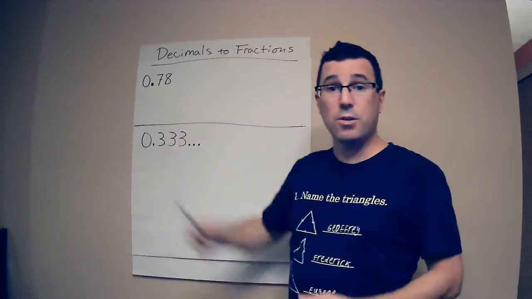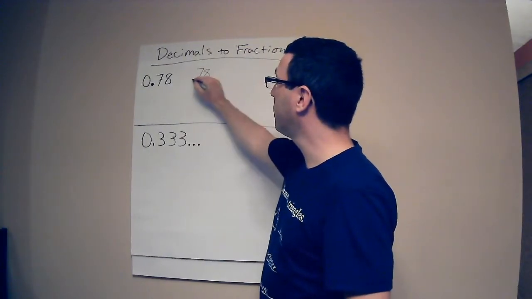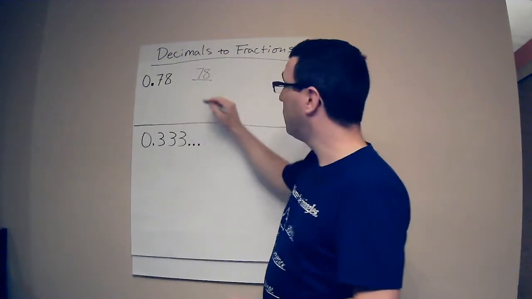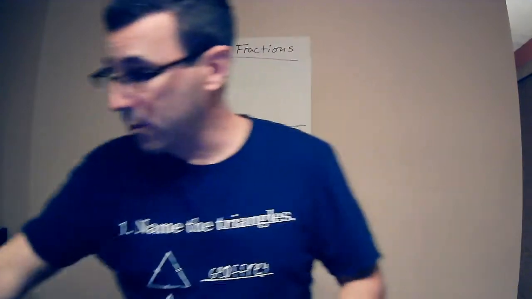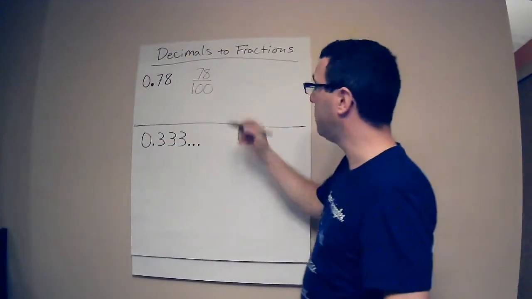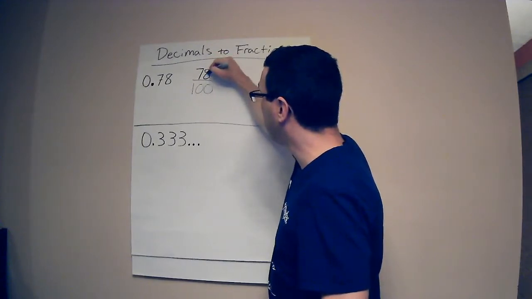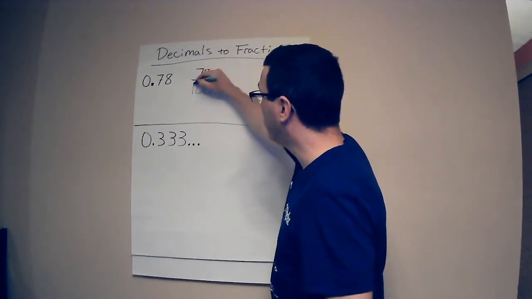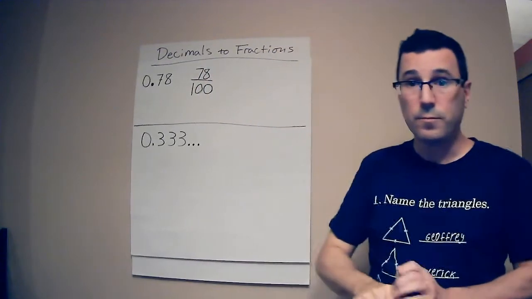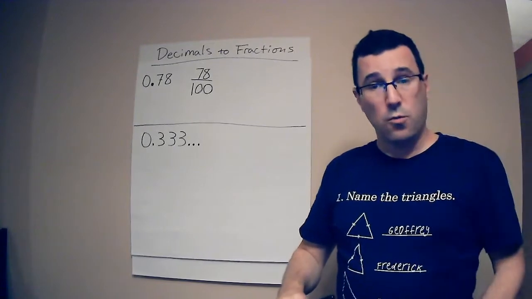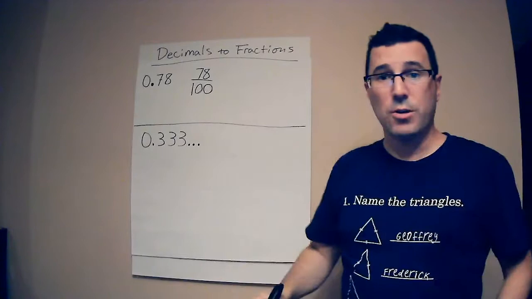This is the hundredths, so what I'm going to do is put 78 over 100. Okay, I'm actually going to use a different marker to see if I can make it a little darker. 78 over 100. Okay, we're always going to want these in simplest form, and if we look, 78